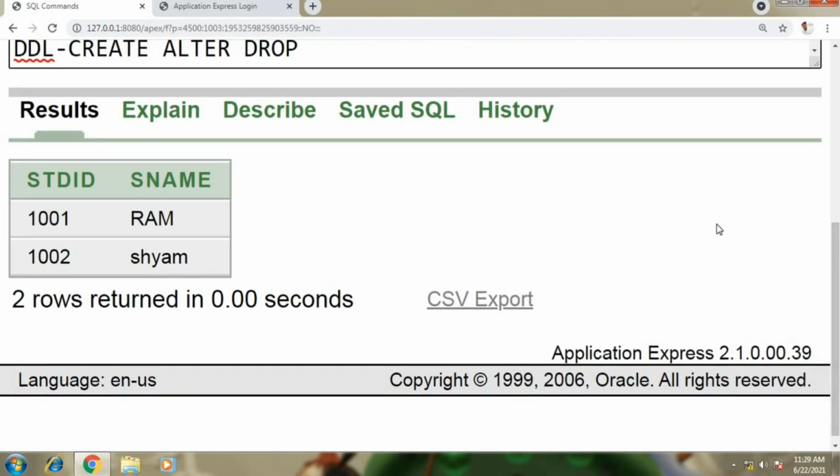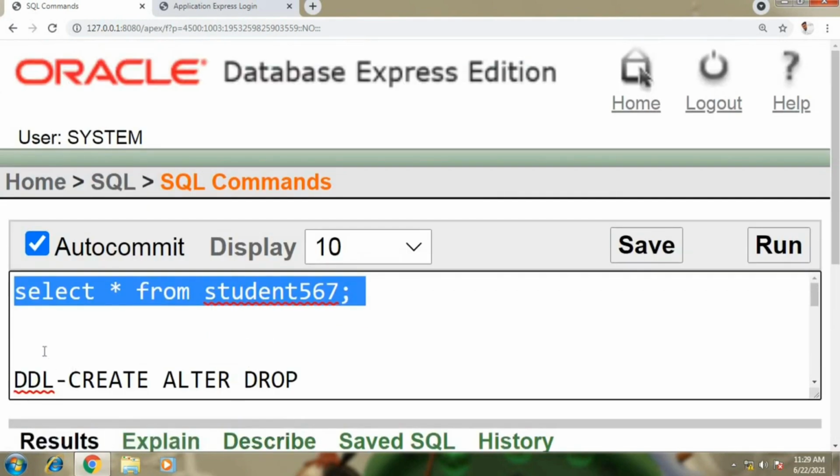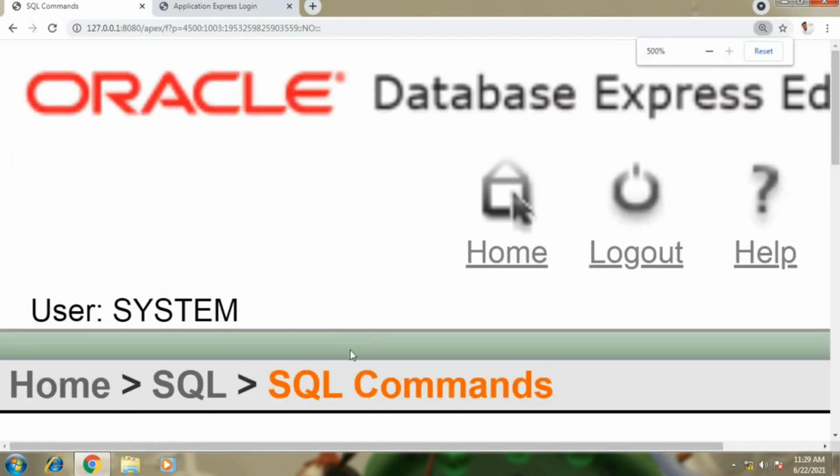As the table is a small table, I want to add one more column called age of a student. Then what I need to do is go for the alter command. What is the alter syntax? Try to observe your screen so that the syntax will be clear. I hope it is visible to you.